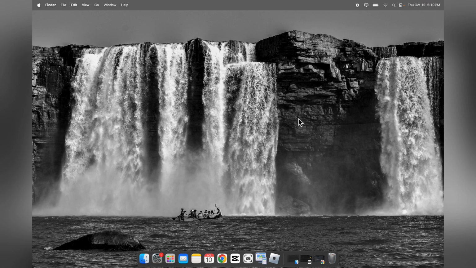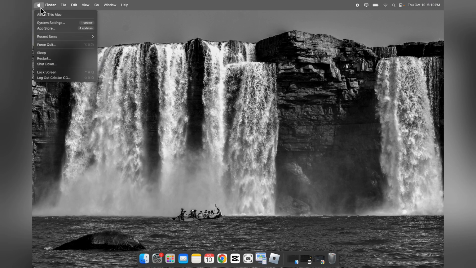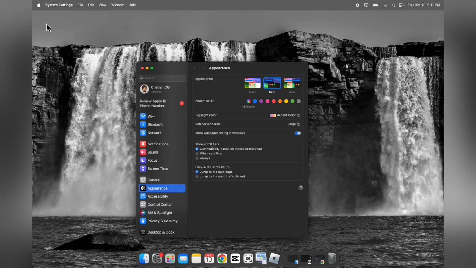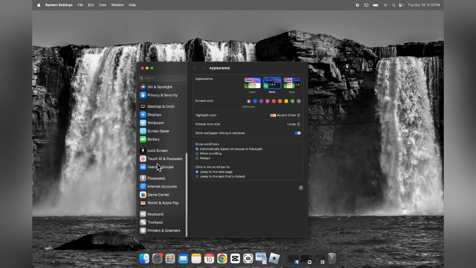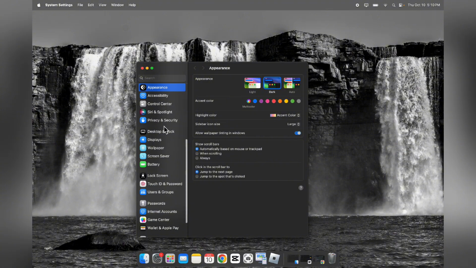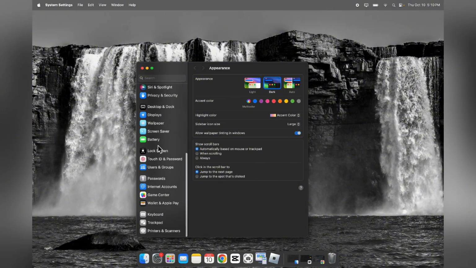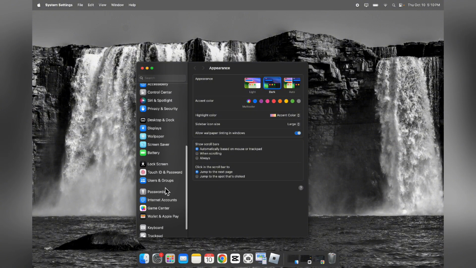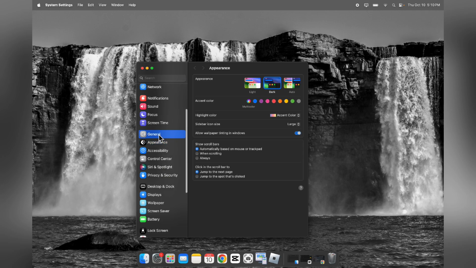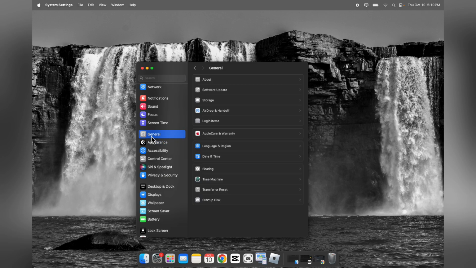So basically what you're going to have to do is simply click on the Apple logo in the top left corner and then go to System Settings. Now here you're going to have to go to your language and privacy tab. You can find that here where it says General, and you're going to have to click on Language